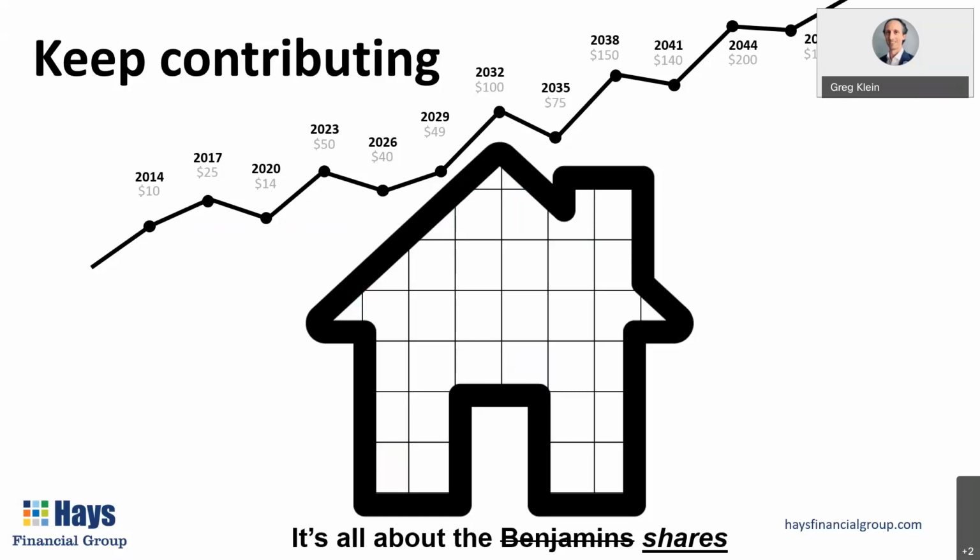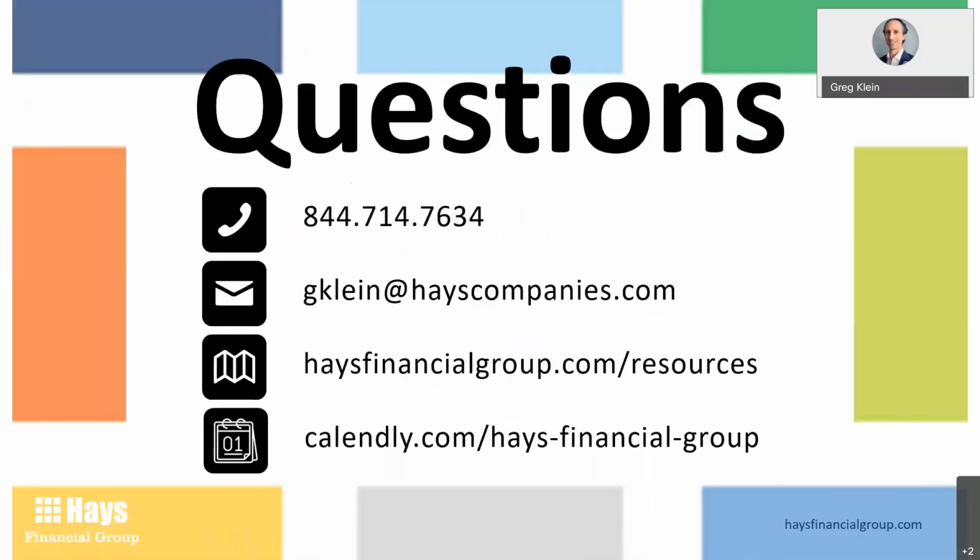So diversify, rebalance, keep the money going in, make it easier on yourself, use the easy to use investment options that are available in your plan, use things like auto rebalancing, keep the money going in, don't stop. If you hit a rough patch and you need to stop or reduce your savings a little bit, I understand we all hit tough times in life, but try to keep that money going in all the time. Don't get scared by the market and stop those contributions, because you want to keep building your retirement house.